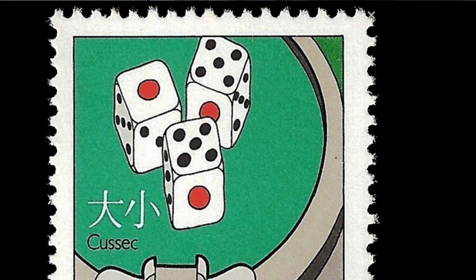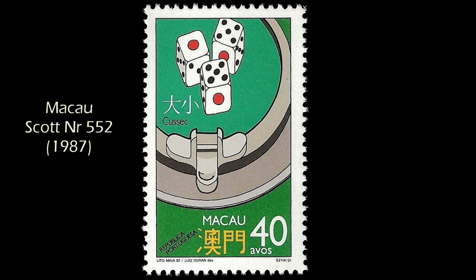Now, while there are some differences between Western dice and Asian dice, for example, Asian dice have orange-colored pips for the 1 and the 4, and Asian dice are left-handed compared to Western right-handed dice. That's really a thing. Go ahead, look it up. One thing they both have in common, though, is that opposite faces always add up to 7. And on this die, the vertical face to the right of the 1 should, in fact, be a 4, not